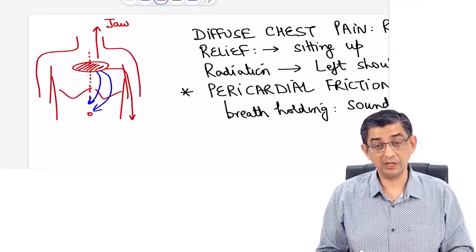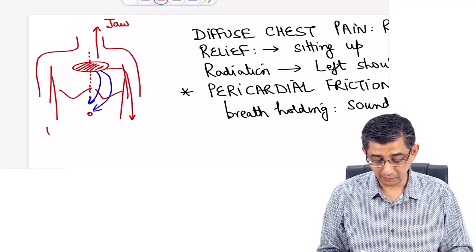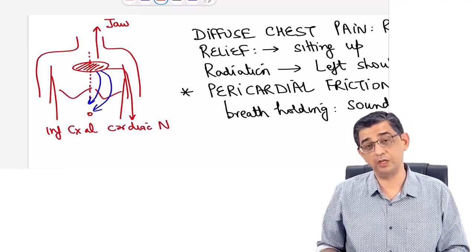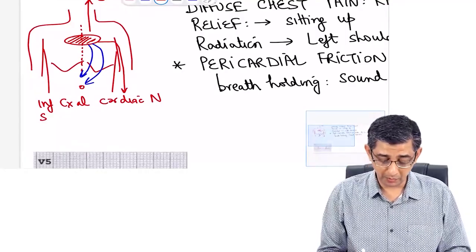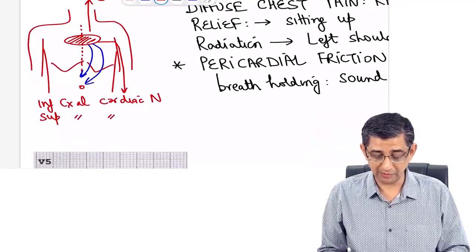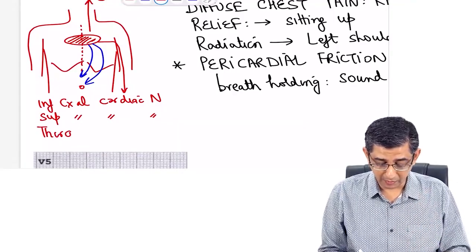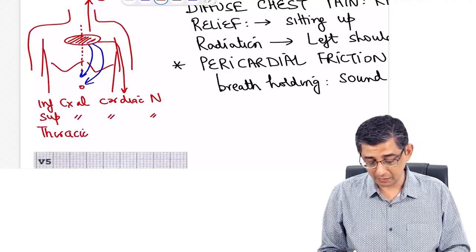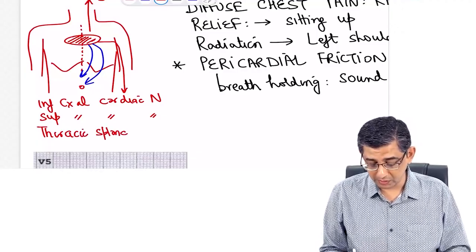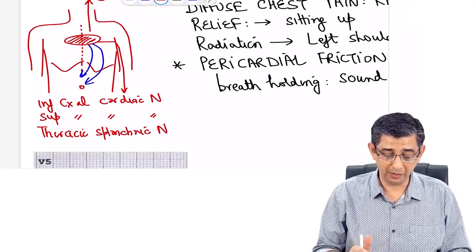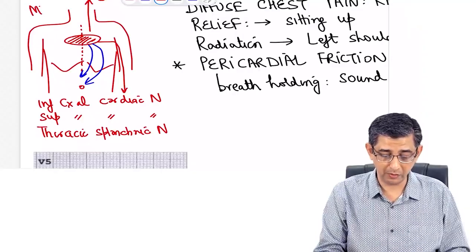Now, the nerves which are involved in this case are multiple. One of them is the inferior cervical cardiac nerve. Just a quick revision of anatomy for you guys. That's going to be one of the important nerves carrying the pain. Then there is the superior cervical cardiac nerve that will carry the pain upwards. And the third one is the thoracic splanchnic nerve. Now, just look at the name. Splanchnic would tell you that it will be carrying pain towards the abdomen. So these are three nerves which are responsible for carrying the pain with respect to a coronary event or myocardial infarction